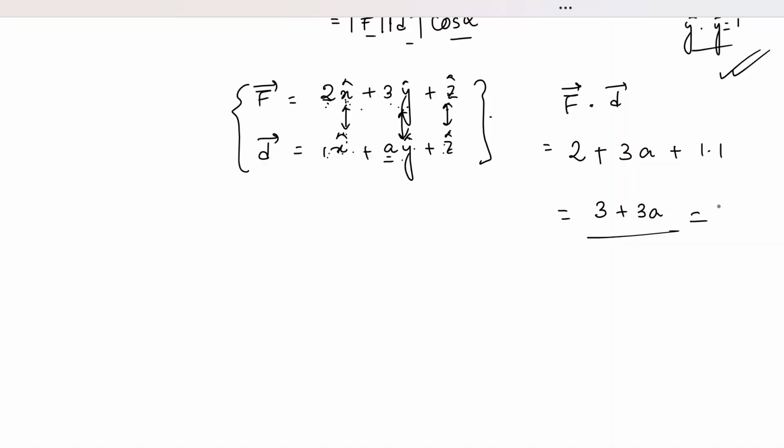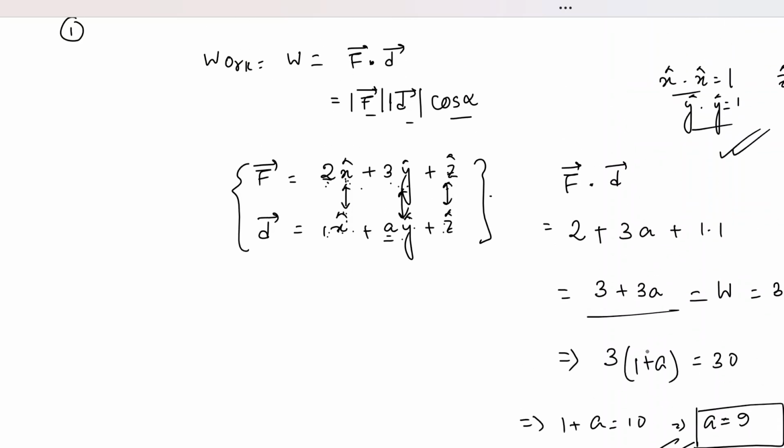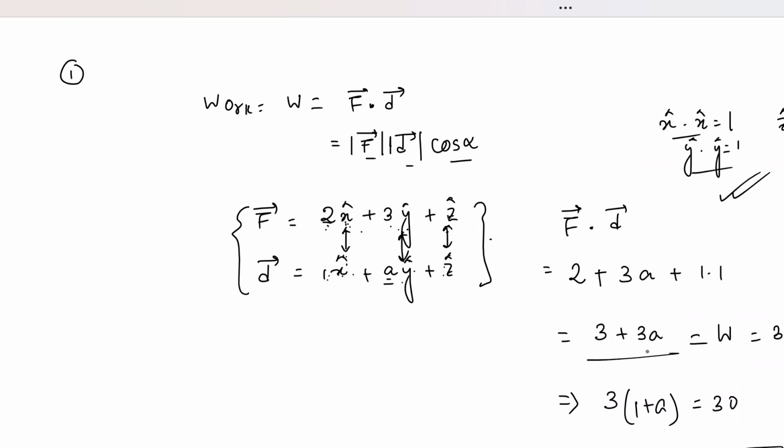Now this is your scalar quantity of work. In the question it is also given that the work done is 30 joule. So what you have is 3 into (1 plus a) equals 30. Then your 1 plus a becomes 10 and simply your a becomes 9. So by this simple expression, you can find it out. This was a pretty easy question. This was our first question, that is why. This is just to give you the idea of how to take your dot products very simply. And whenever you do such products, you always have to remember that these are vector dot products.